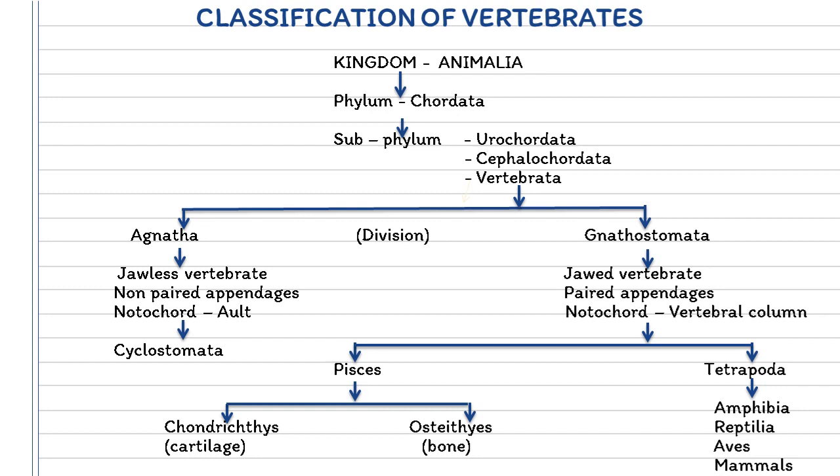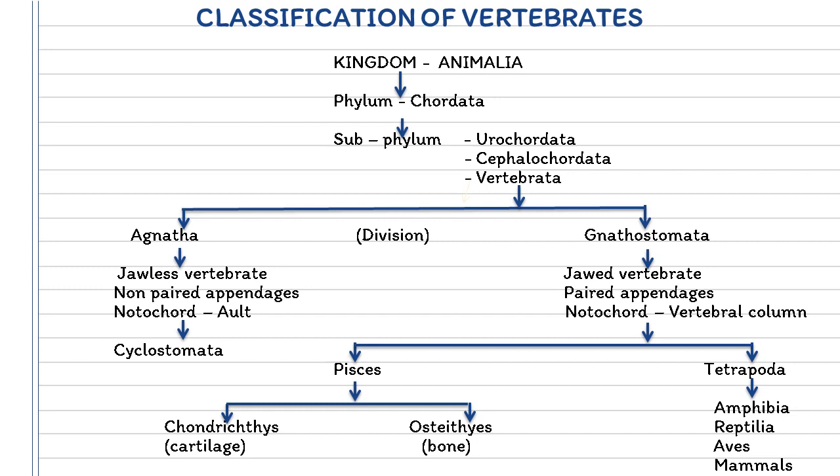In previous classes we discussed levels of organization. The cellular level of organization: a group of cells will form a tissue, so that is the tissue level of organization. Then a group of tissues forms an organ, that is the organ level of organization. Then a group of organs which perform similar functions is the organ system level of organization. The same here. Chondrichthyes means it is a tissue, but in Osteichthyes the tissue is converted into an organ, a bone.